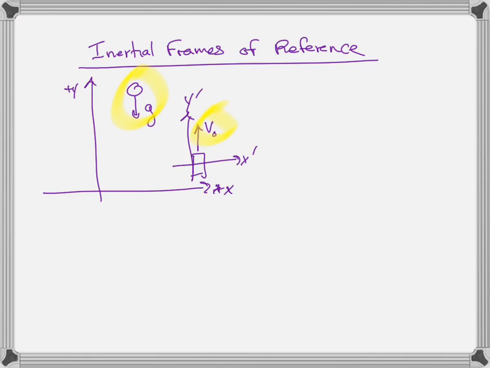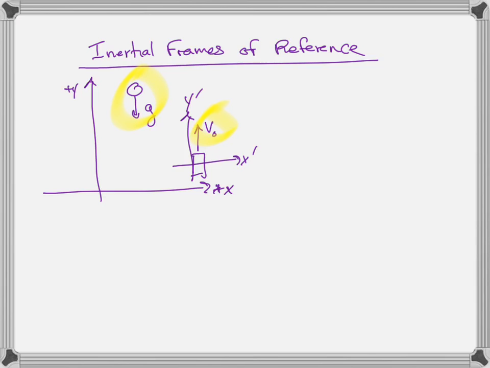If we measure things from inertial frames of reference, we know that physical laws should all be the same in any inertial frame of reference. Wait, what did I just say? I just said that physical laws should be the same from any inertial frame of reference. Wait. How do we know that? Well, it was what Newton said, right? Newton said that it doesn't matter whether we make measurements from the lab frame or from a train traveling at constant velocity, that the physics should all act the same.